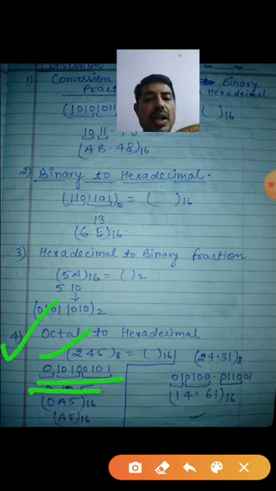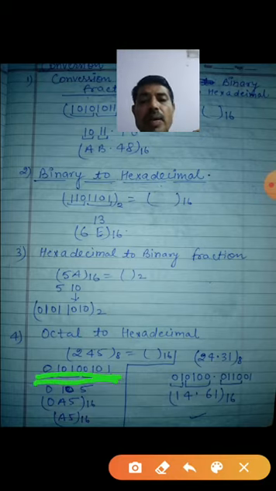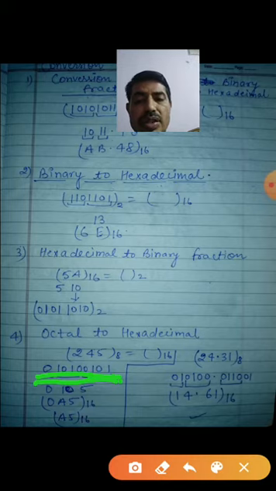How will you convert 5? What is the binary value of 5? 101. Okay. First, simply don't see this line. Convert simply. What is the binary value of 5? 101. Okay, you see here this one. 101. This is the binary value of 5. But now the binary value of 4: 100. Okay, you see here.